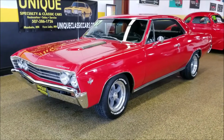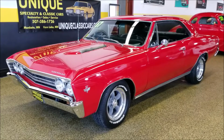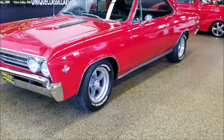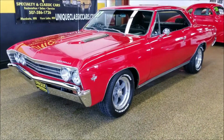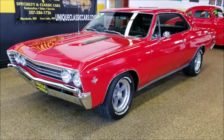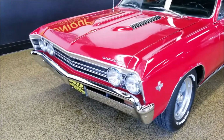Here's a 1967 Chevrolet Chevelle, two-door hardtop, very nice looking car. As you can see, the red paint's got a nice luster to it. Riding on American Racing wheels, some Mickey Thompson tires. Those rims and tires don't have 50 miles on them. They're fresh, powered by a 402 underneath the hood, paired with a Turbo 400 automatic transmission, and it does have